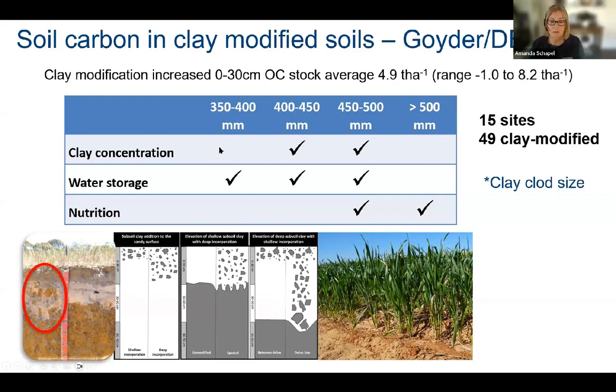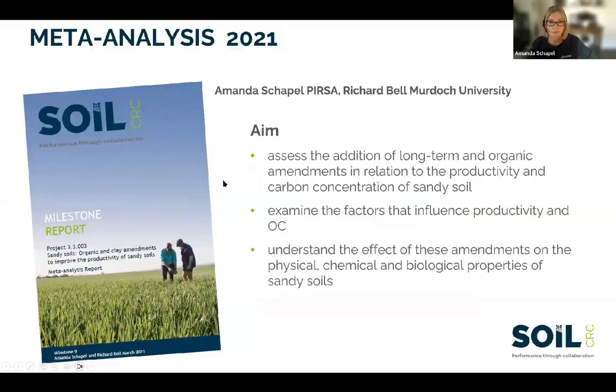Clay modification is really quite tricky in areas below 400 millimetres of rainfall. That's really because the clay ended up acting as a storage of water rather than a carbon source itself. And you can very quickly put too much clay on soils in low rainfall areas. As you get higher, there can be different factors that improve your carbon concentrations, such as nutrition, but we didn't often find extra nutrition helping these clay modified sites.